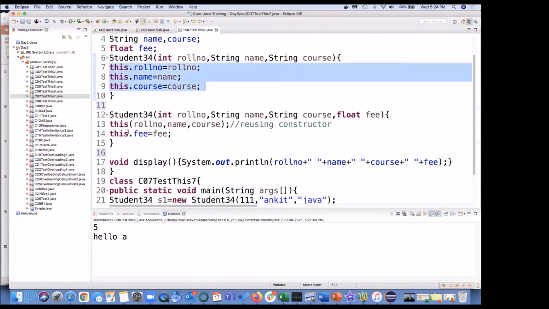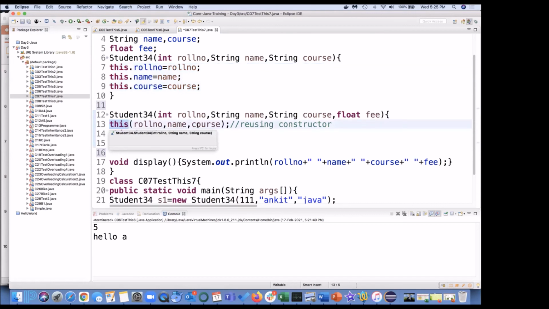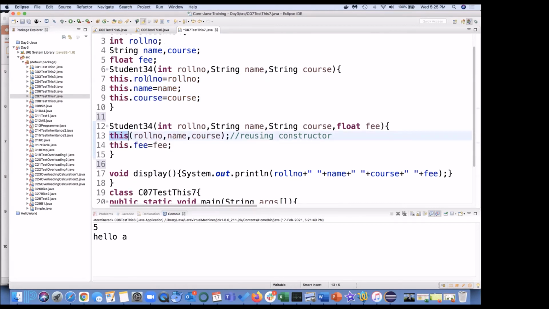Instead of doing that, I will say this of roll number, name, and course, which means you invoke this constructor and, corresponding to S2, assign roll number equal to roll number, where this will become S2. In debug mode, when the control is with S2, this becomes S2. Then S2 dot roll number is the second person's, S2 dot name, S2 dot course.